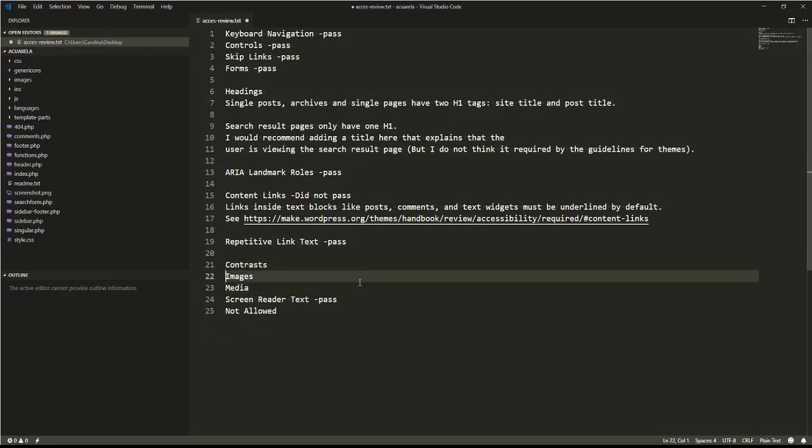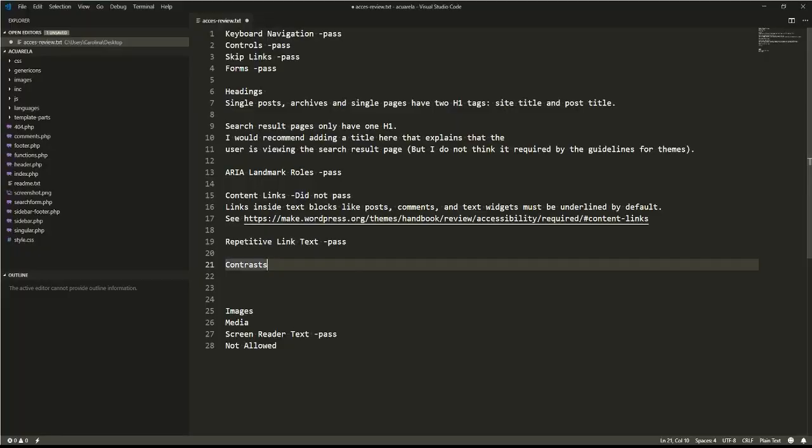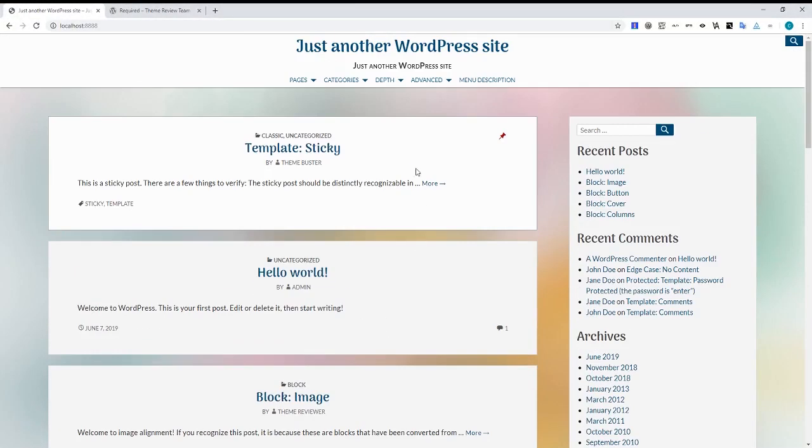Okay, contrast. Now, the question that I had, I'm pretty sure both of these colors alone, the green and the blue, are okay. And this background color as well. But I'm not sure if these links, it's okay not to have an underline or other type of text decoration here. Because I'm not sure if the difference between the green and the blue has a high enough